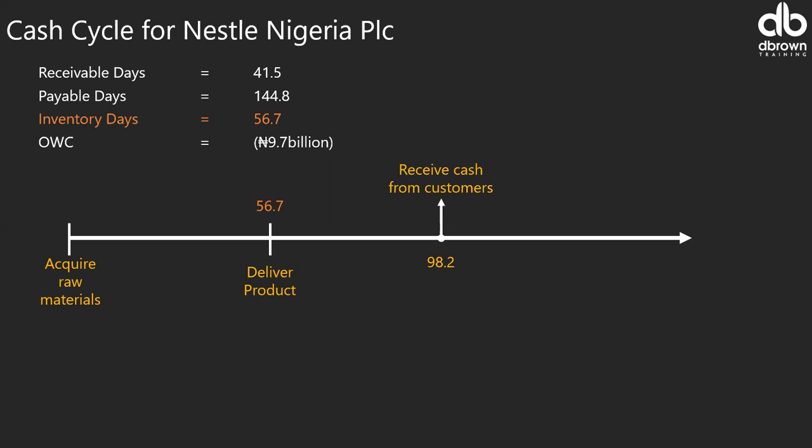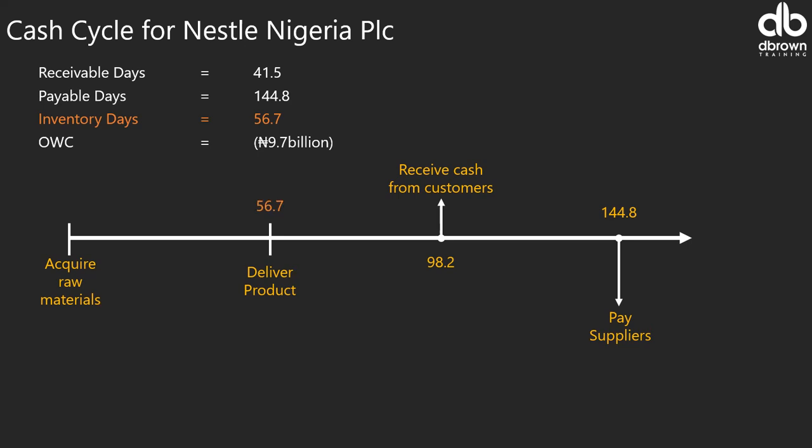So that's why we have that. This says, collect your money as soon as possible from your customer. So now they receive their money at 98.2 days, which is when the first cash comes into this cycle. And the next thing is now what? Is to pay the suppliers. Now, look at this margin. Paying the supplier took them 144.8 days, which we call our payable days. You see this gap between receiving cash from customers and paying suppliers, right? It is that shape that we got that story from, our 5 box balance sheet, when I was explaining that operating working capital.